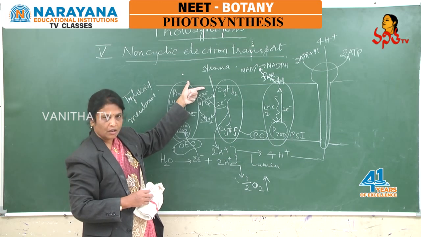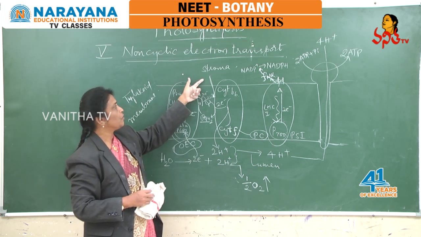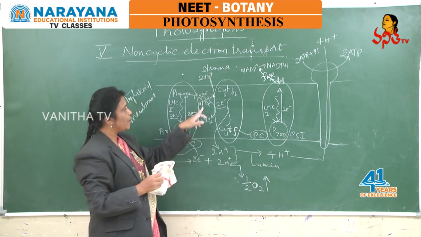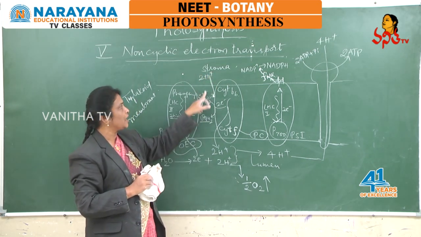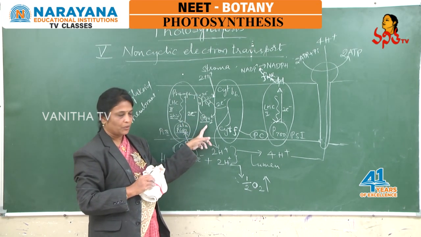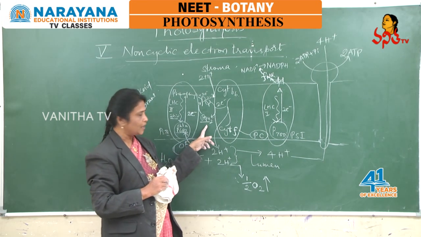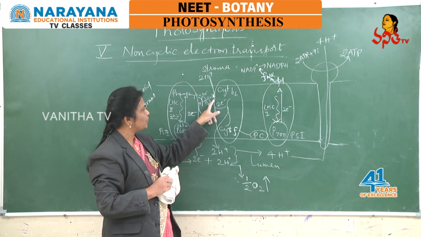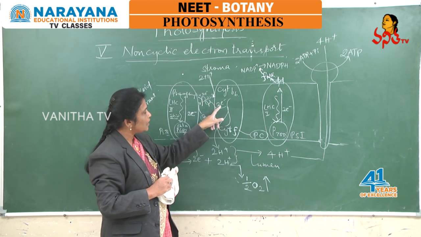Stroma always has a large number of protons, as we know. And here 2 protons are pulled by plastoquinone by an active process, okay, and now it is reduced to plastoquinol PQH2, right, and immediately undergoes oxidation again and liberates those electrons and protons, and those electrons are